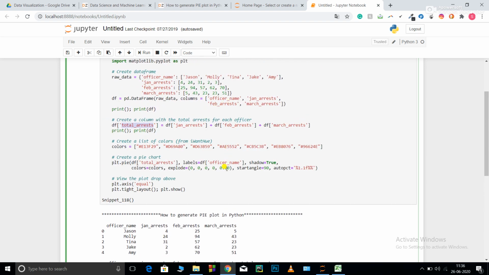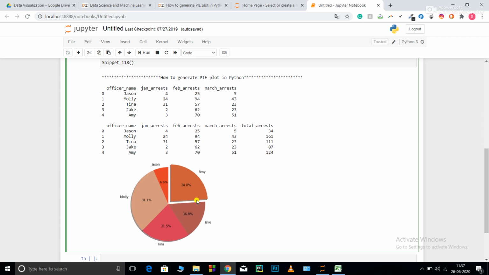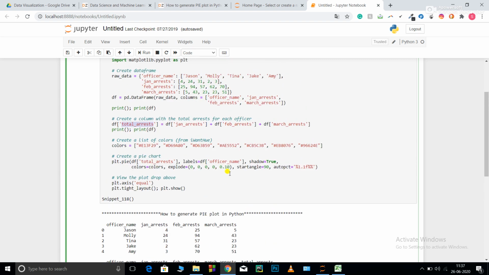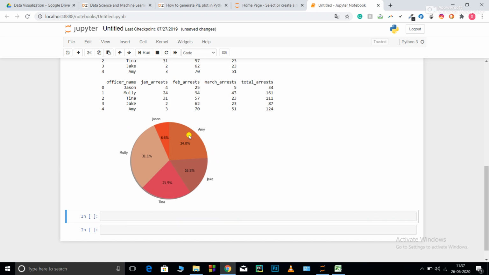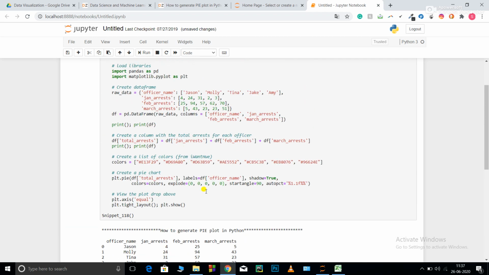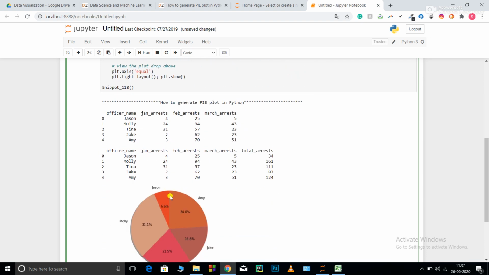This is also for visualization. When I am visualizing, I want to see a particular person, for example. Over here I am trying to see Amy. So 0.10 means the pie slice will stand out. For Amy, as you can see, the slice is out of the total circle, it has exploded out by 0.10. Now if I pass this to be 0, you can see all of the pie slices come in the same plane. Now start angle should be 90, that is the first angle should be vertical, it should start from 90 degrees.